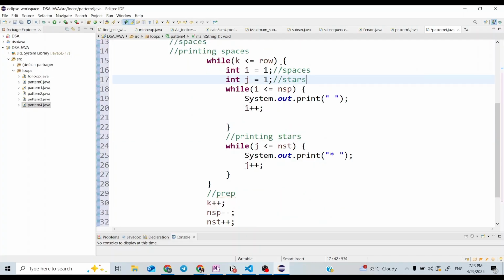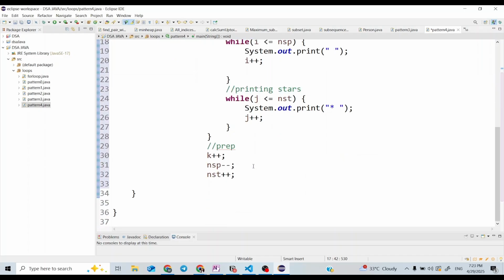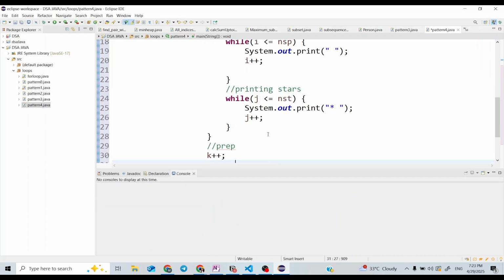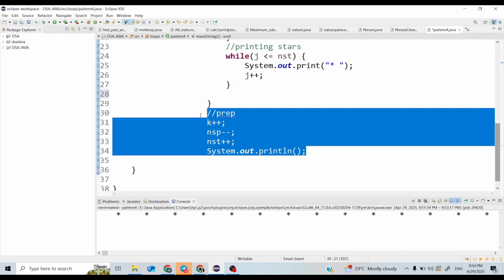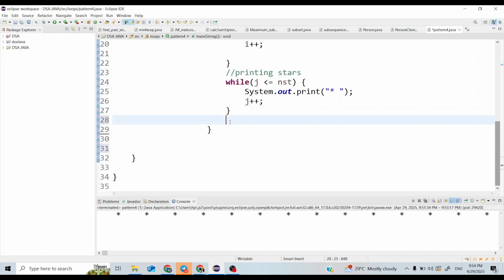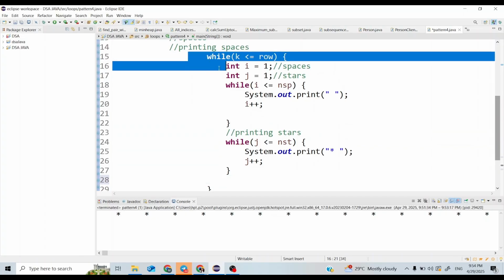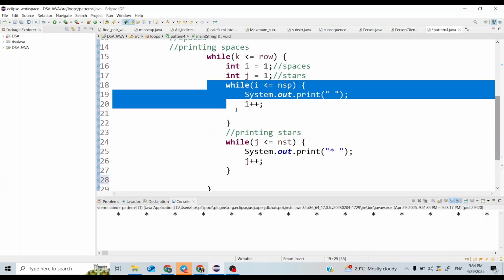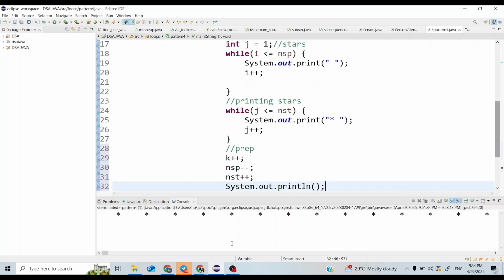While k is less than or equal to row, print stars and spaces. By mistake I have written this outside this loop. I have to write it after printing spaces and stars, the preparation step will come here.